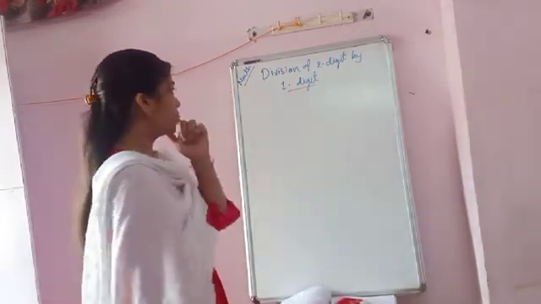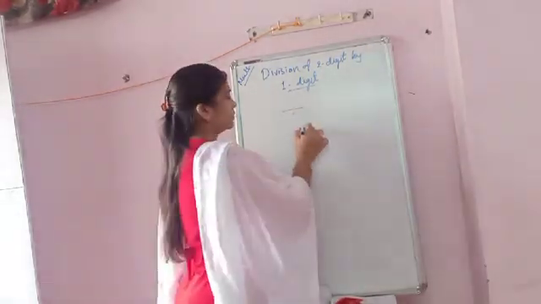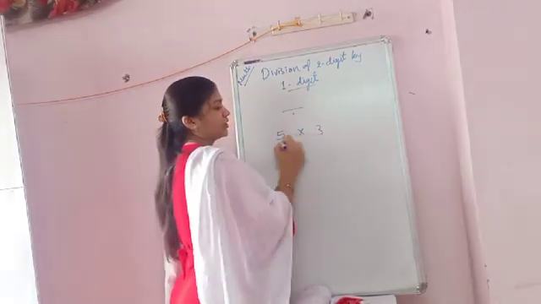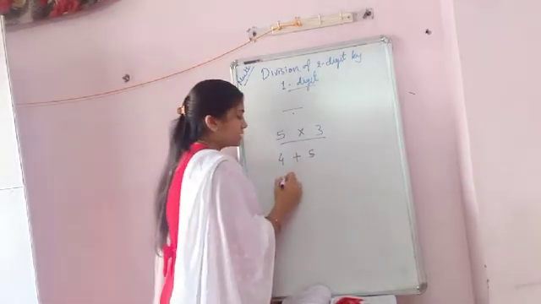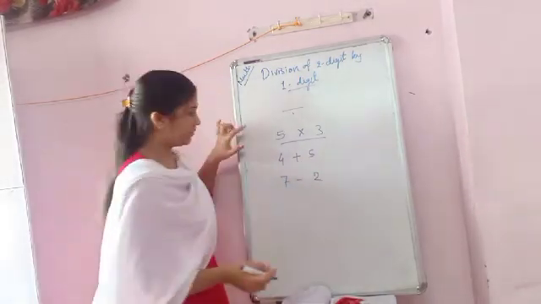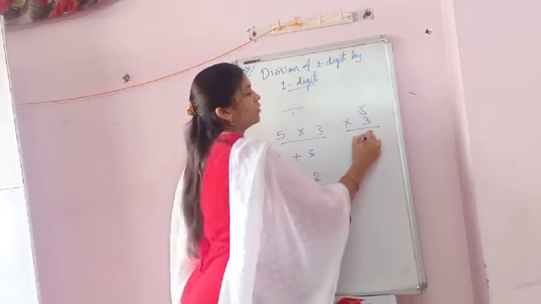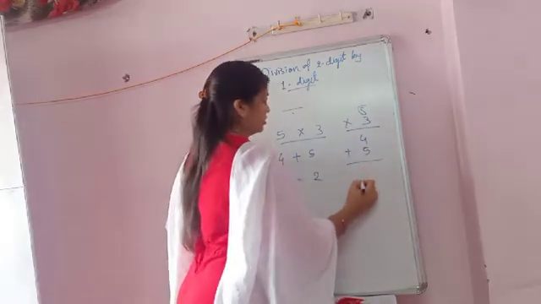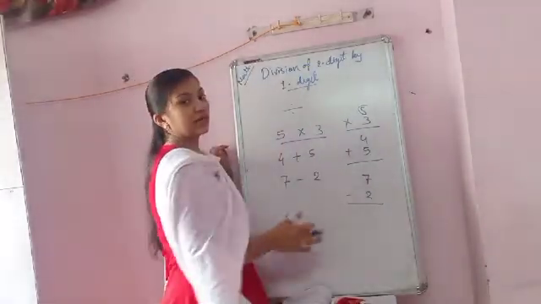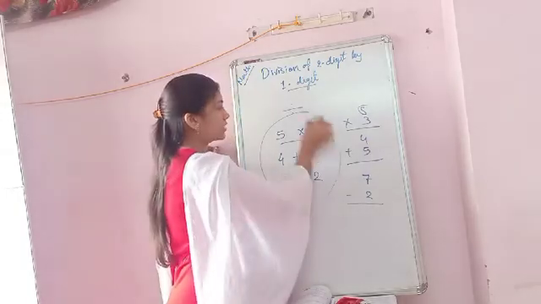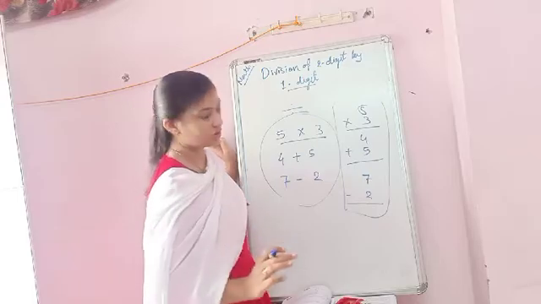Okay, so simply, as you know, this is the symbol of the division, but this is only the symbol. For example, in multiplication, we use 5 multiplied by 3, 4 plus 5, 7 minus 2, but whenever you are doing the process, then you write it like this. This is the way to represent the data, to solve the data. These are only the symbolic form, and this is the process which you are using to solve your questions.